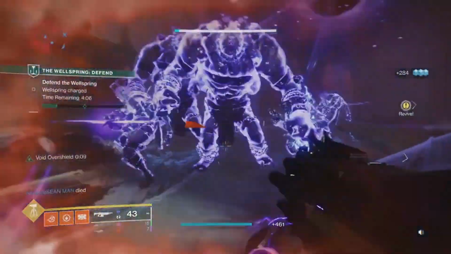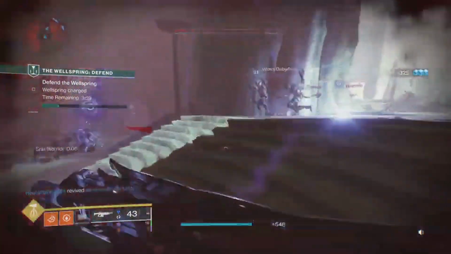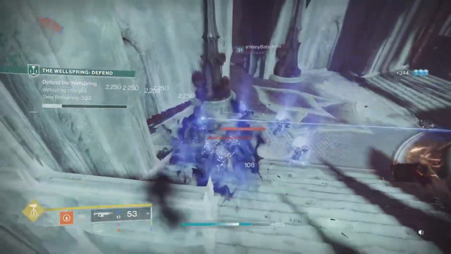I'm going to try to proc it over here. If they can do damage to me. There it is. Uses my ability there. I get healed, but now I no longer have my barricade, and if I get critically wounded again, I won't